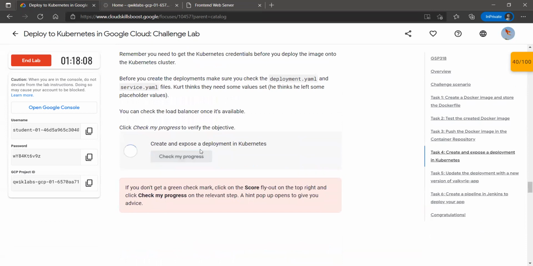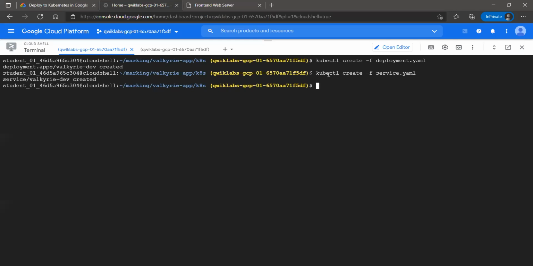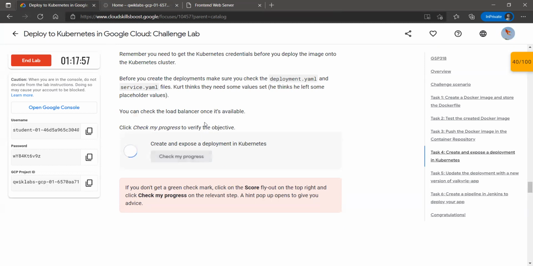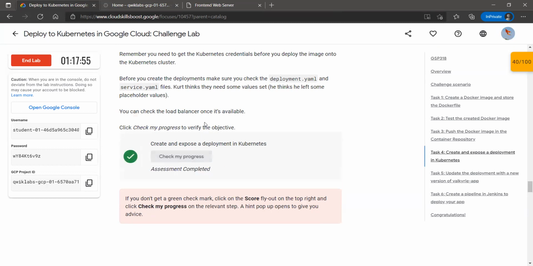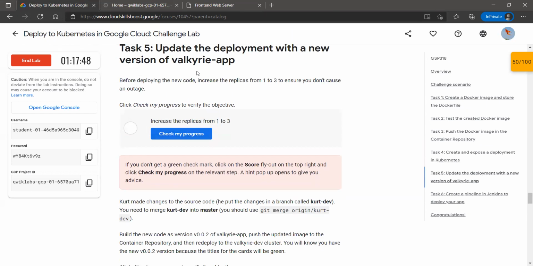Now simply click on check my progress. Basically, it takes a minute or two to get done. Yeah, so the assessment is completed. Now our fifth task is to update a deployment with a new version of Valkyrie app.